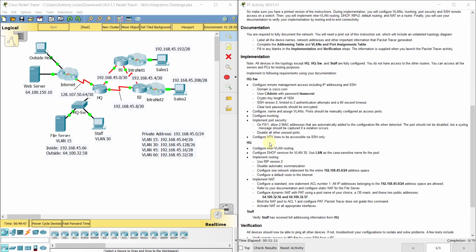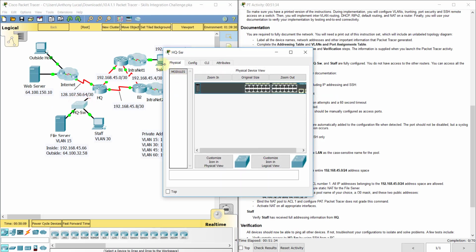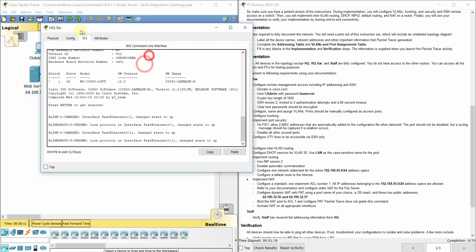Now it starts out with us going to, we really are only on 3 devices. We're on HQSW, we are configuring HQ, the router, and we are going to turn on DHCP on the staff PC eventually. So we start out on the HQSW switch, and we're just kind of going to go through these. So on the HQSW switch, the first thing we set up is